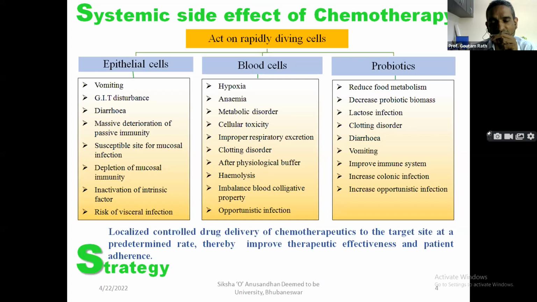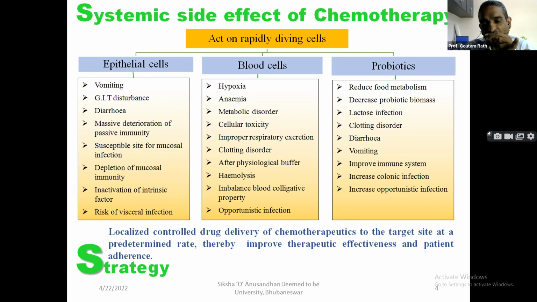In order to target, we need to know the environment of the cancer cells, how the cancer cells behave, and what the anatomical locations of the cancer cells are. Because without this information, we cannot design an approach that helps in the localization of the drug near the cancer cells.